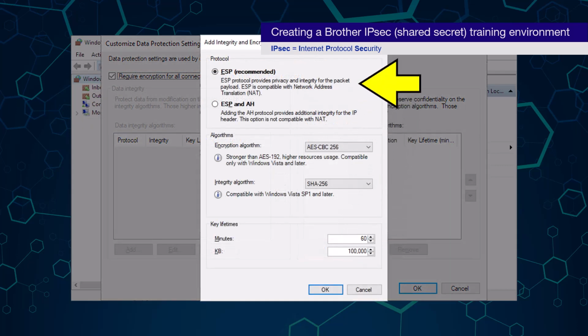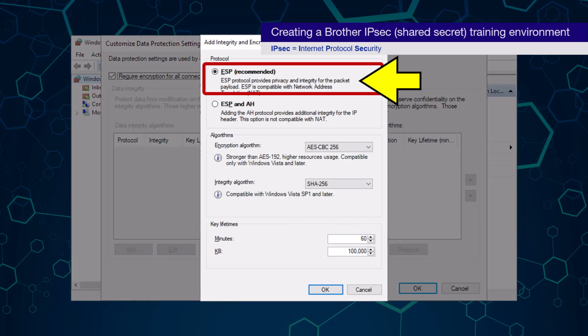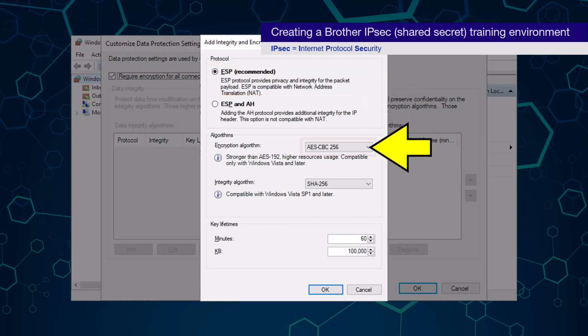I will leave the recommended ESP setting enabled, and then select AES-CBC-256 as the encryption algorithm, followed by SHA-256 as the integrity algorithm.